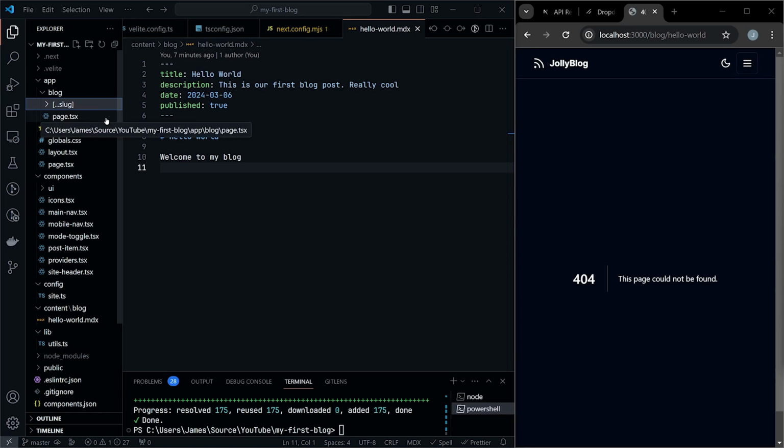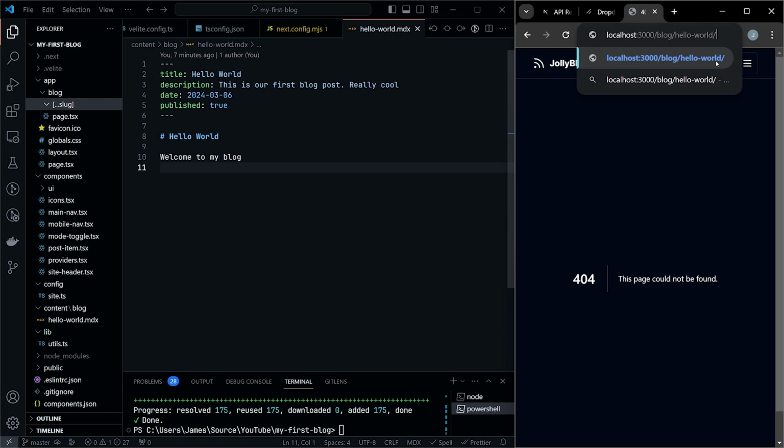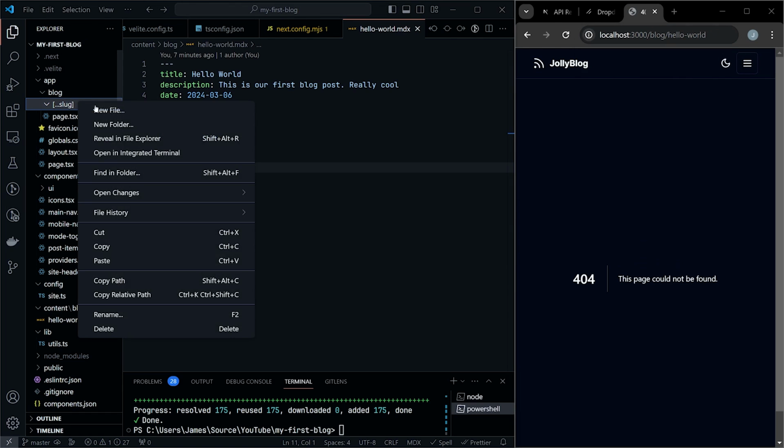Essentially what this is doing is creating a catch-all route. So anything after blog we can now read, and the value of that will be called slug. So at the moment, hello world is what the slug is being detected as, and I'll show you how we actually detect that in the page.tsx. But the reason you use the 3 dots there is to catch all, so it will catch any nested slashes as well. But for now, let's go ahead and create our